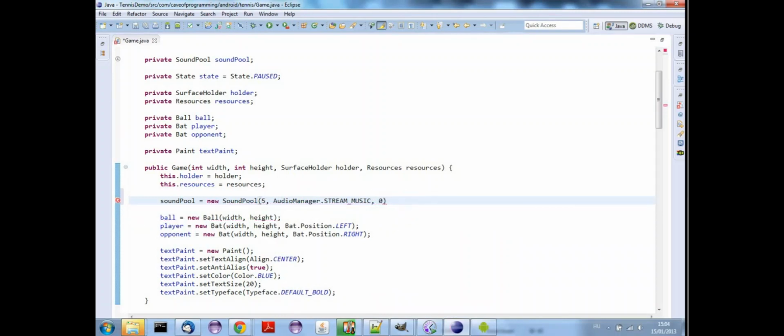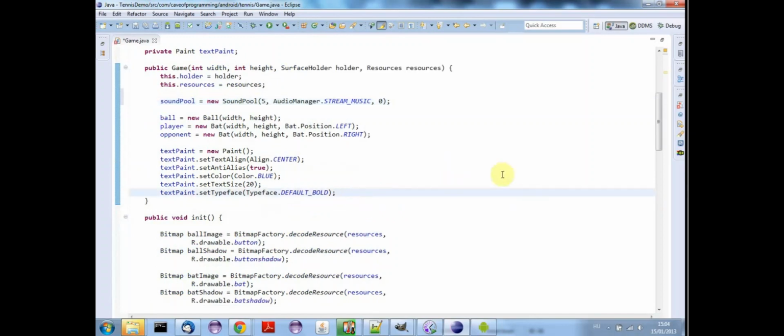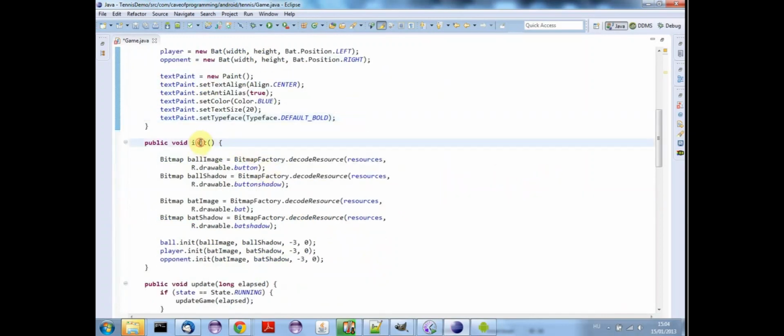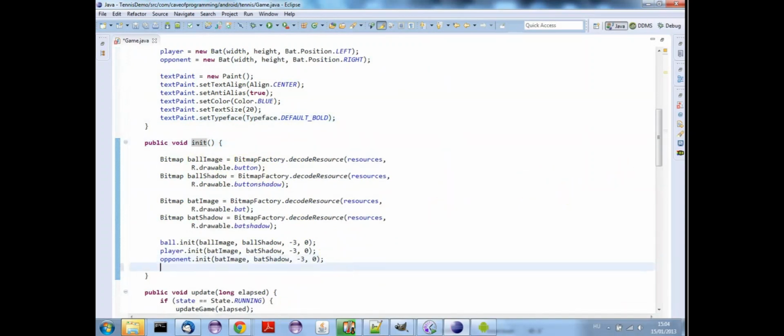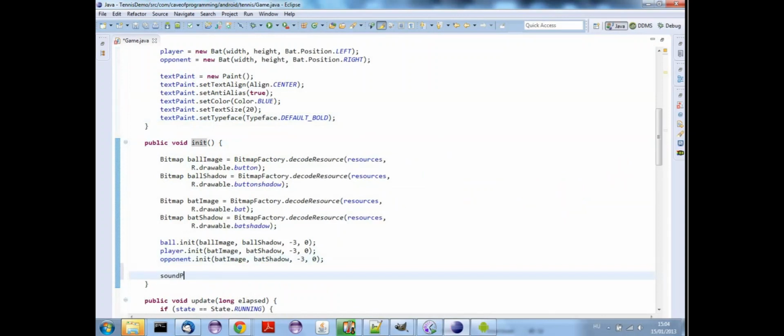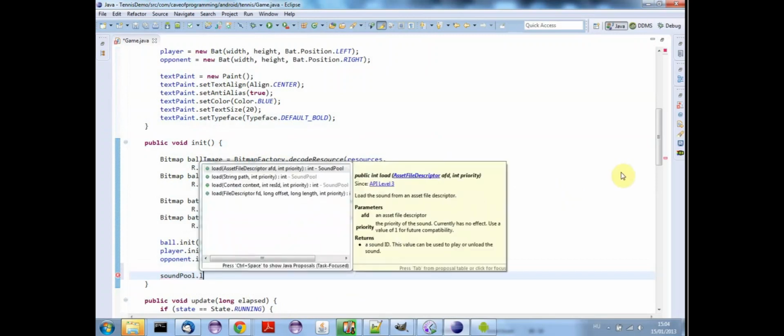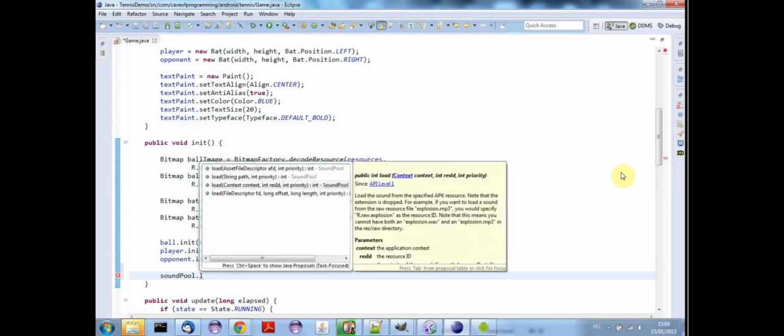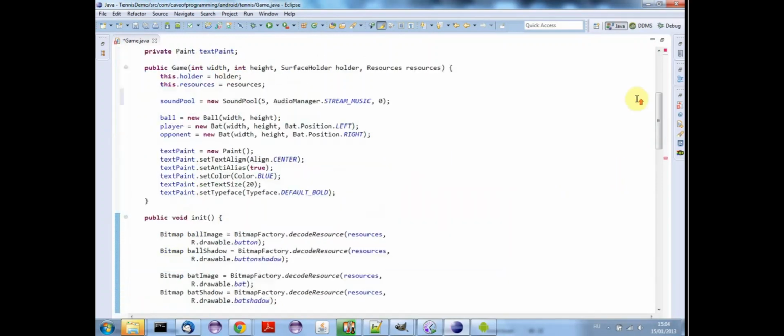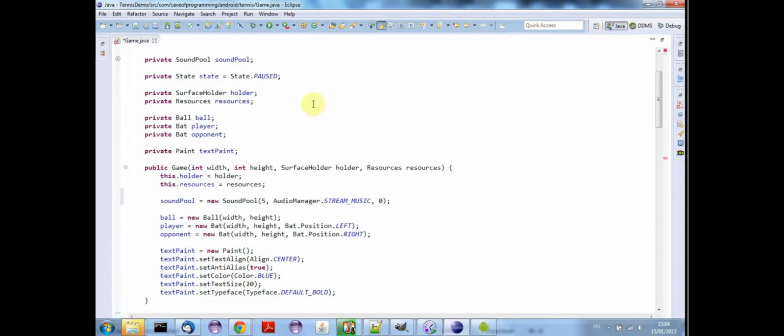So we've got our sound pool that can manage and play a pool of sounds, and now we can load a sound and play it. So let's go down here and, well actually maybe in init just for the moment I will play a kind of start sound. So let's say sound pool. This method is called when the game loads up, but I could put this in the constructor. I just want to show you here playing one sound. I'll say soundpool.load, and we need to pass in the context, and I think I have that here. Hopefully we have